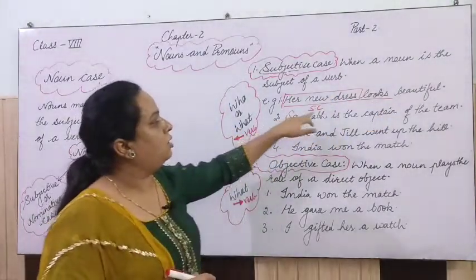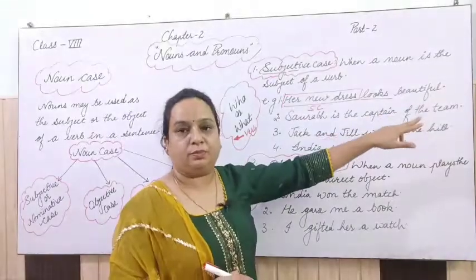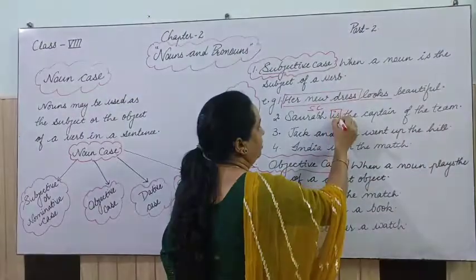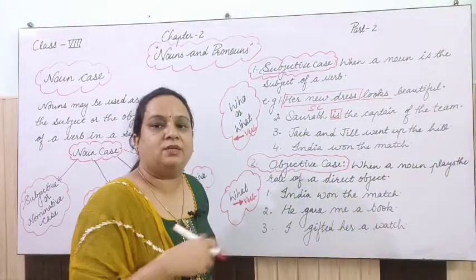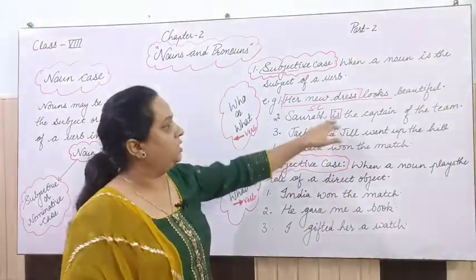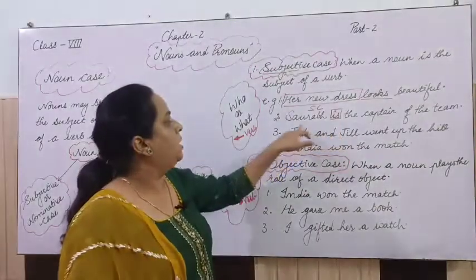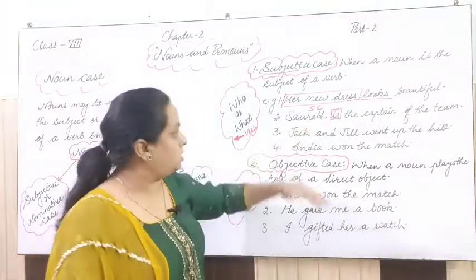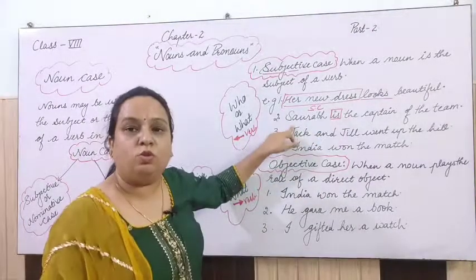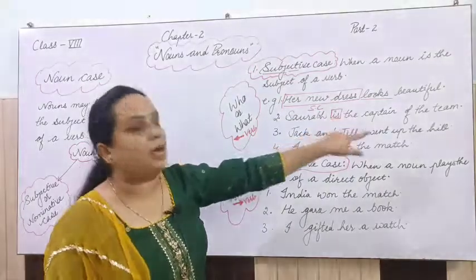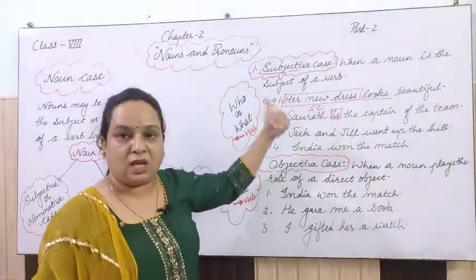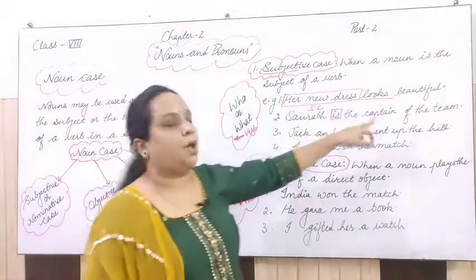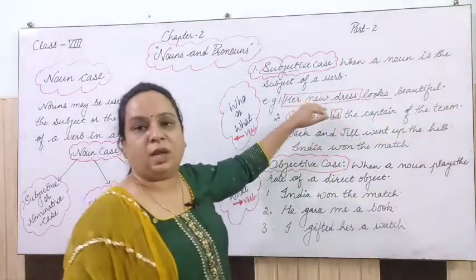Second sentence, Saurav is the captain of the team. Now is, right? When there is no main verb, this helping verb also acts like the main verb. This is telling the being of something. So there is Saurav. Who is the subject here? We are talking about whom here? So who is the captain of the team? I've told you in the first chapter's video how to get the subject.